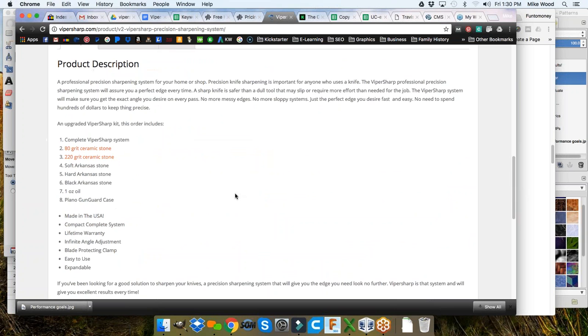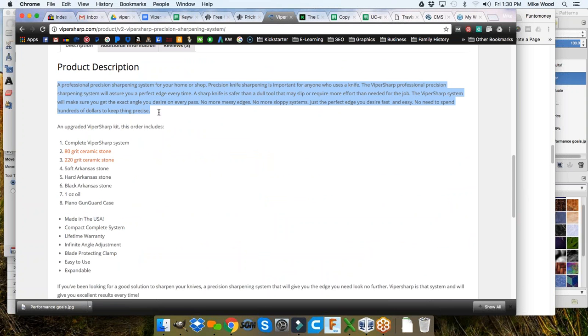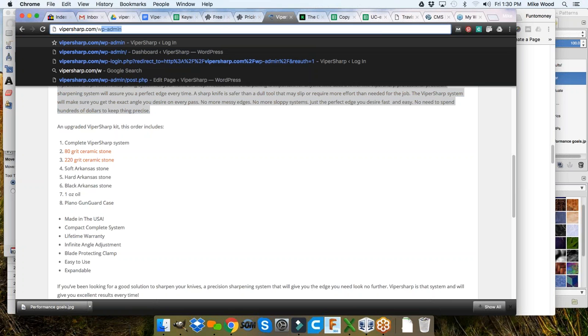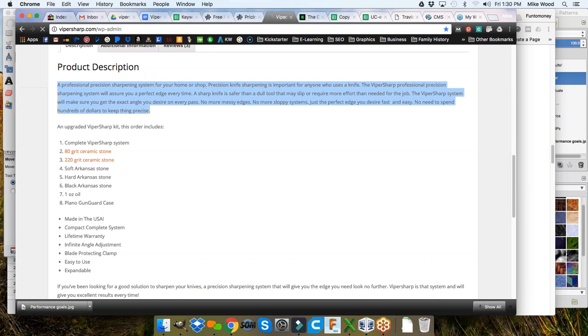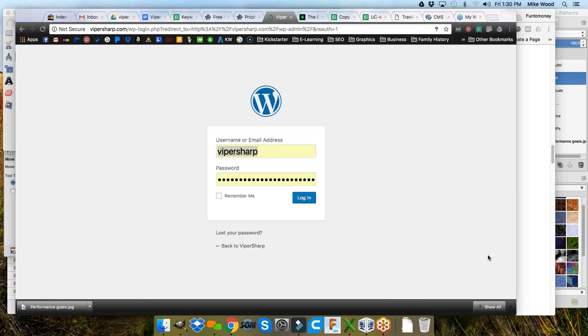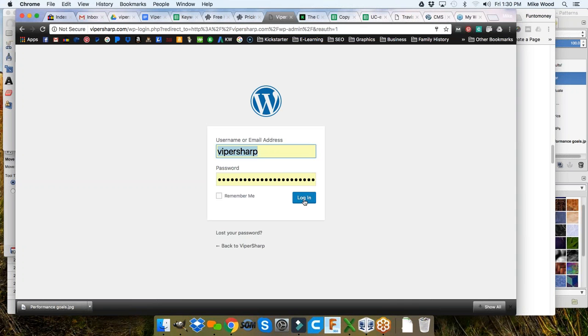What about my product description? Well, I've got this paragraph of words. I've got all of these words, so I've probably got a fairly decent amount of words. If I go in and look at my admin panel, and this is not built on Volusion, so don't freak out. It's going to be a little bit different than what you guys see on your dashboard,